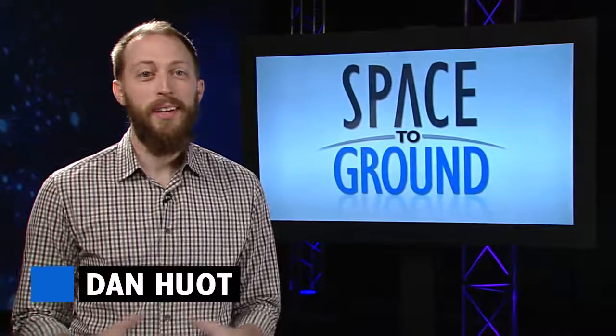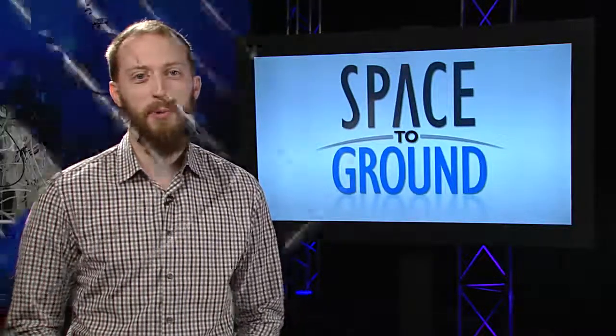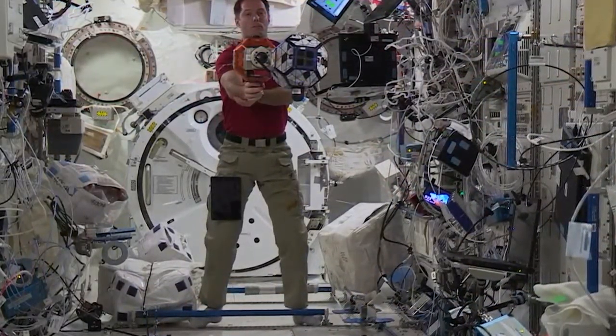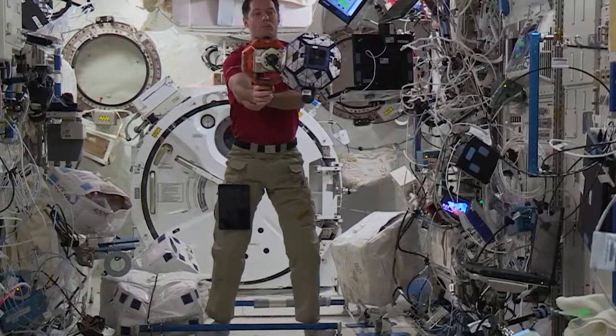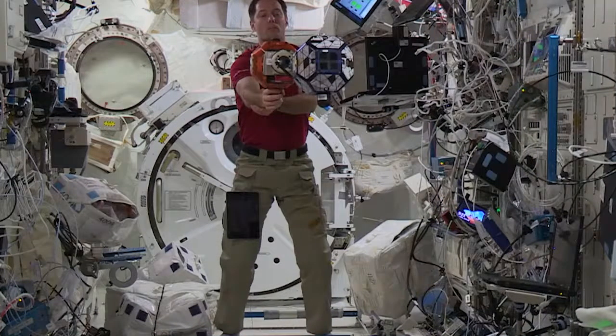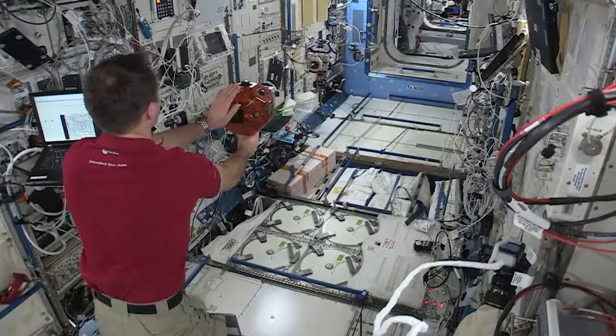I'm Dan Hewitt. The Spheres satellites were zooming around the station once again this week. The Synchronized Position, Hold, Engage, Reorient Experimental Satellites, or Spheres, were put to work with a new universal docking port attachment. With their new docking and undocking ability, they served as a test case for the challenges of flying and